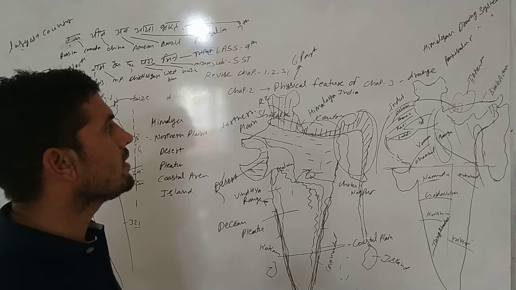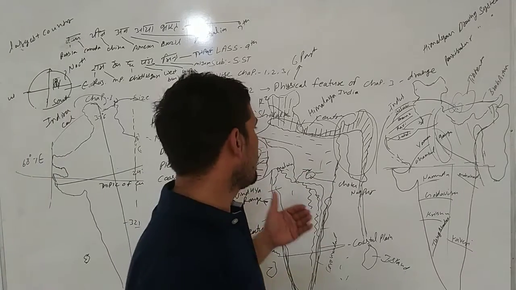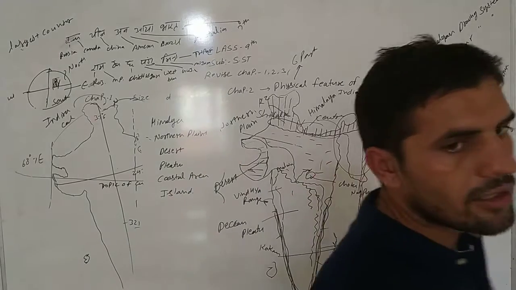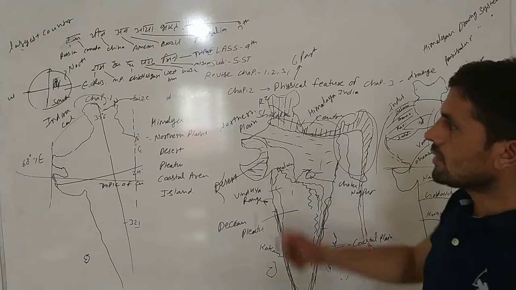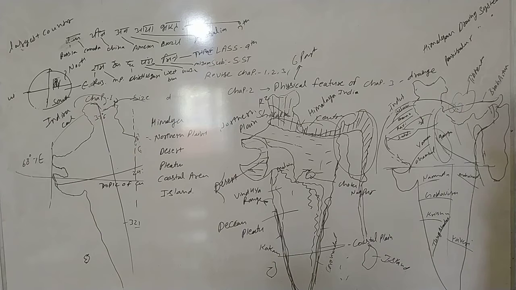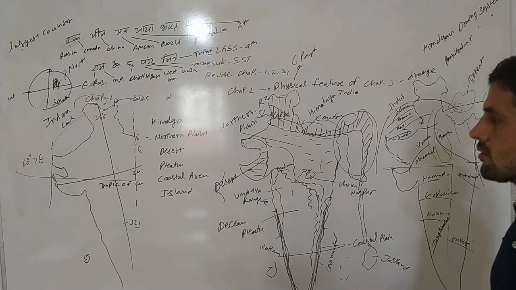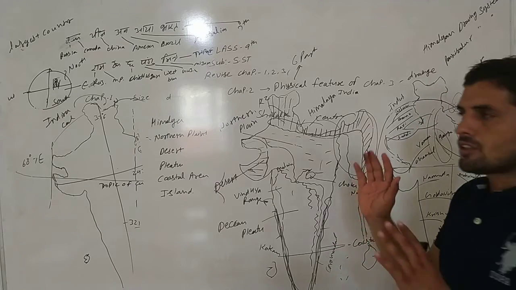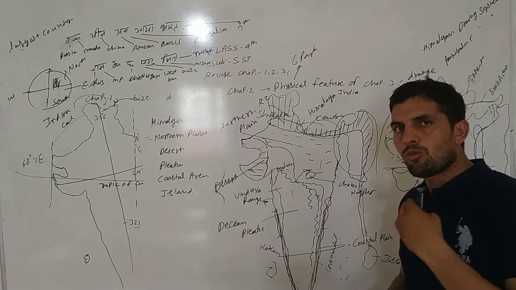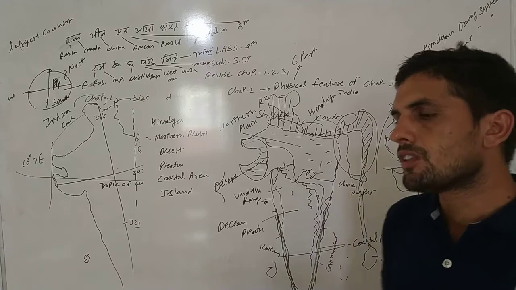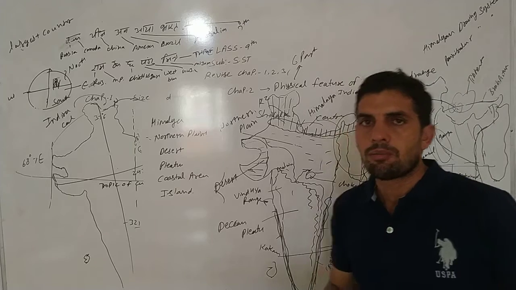These are basically the things you read in these three chapters. First one is about India. Second one is about the physical features of India. Third one is the drainage system of India. We have only discussed the overview of this chapter. If you have any doubt, you can ask me. We just revised them. If you want deep knowledge of this chapter, you can read it completely.